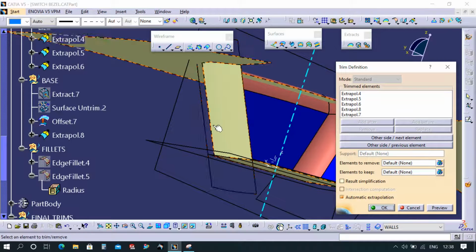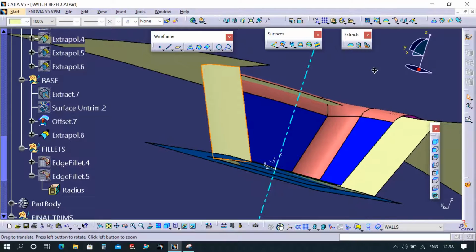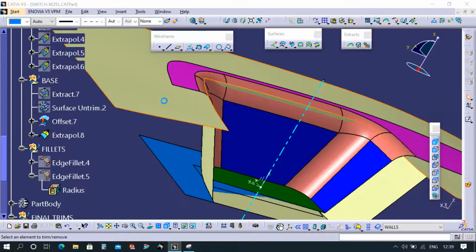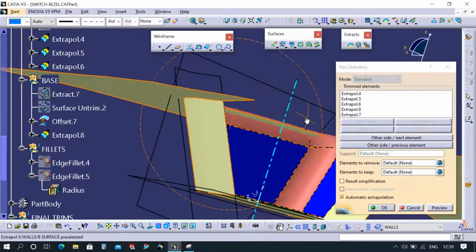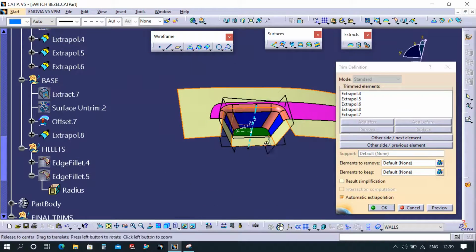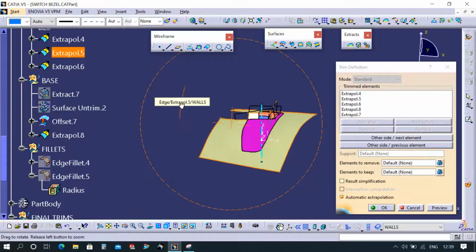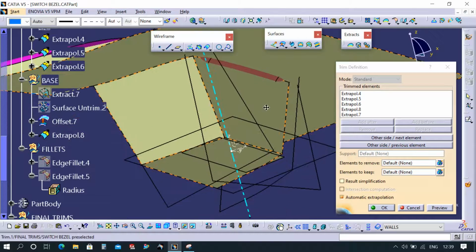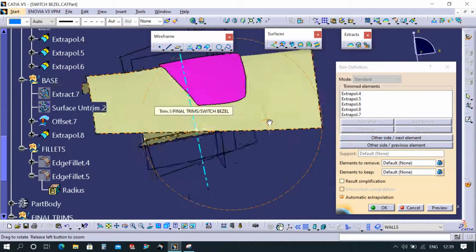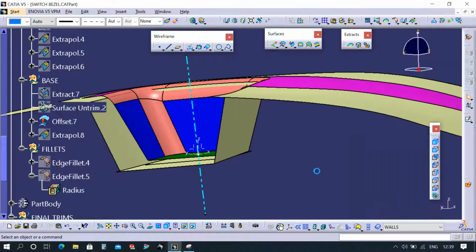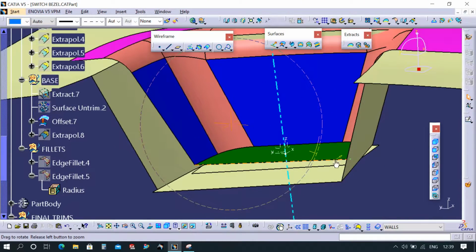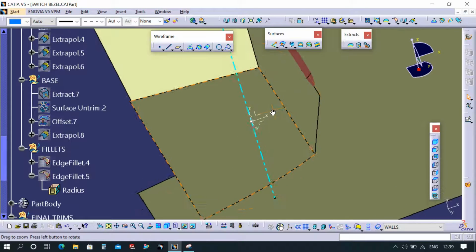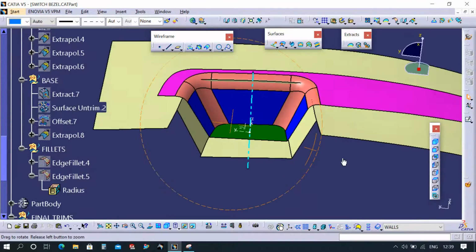We'll get it like this. So we need this surface, right? The inside one. So you trim it, and you will get this surface like this. This surface only we need. So you can see that the top side also we have removed, and the bottom also we don't need that surface. We need only this, box type. Now do the OK. Now you can check it. We will hide this surface also. See, this is correct.